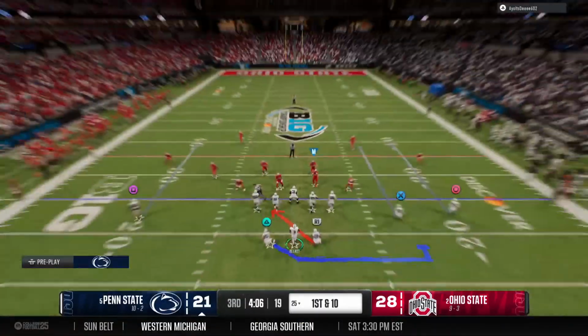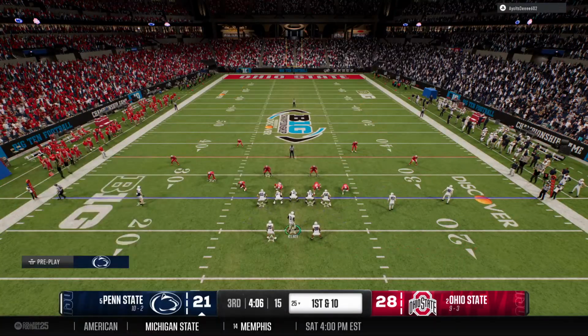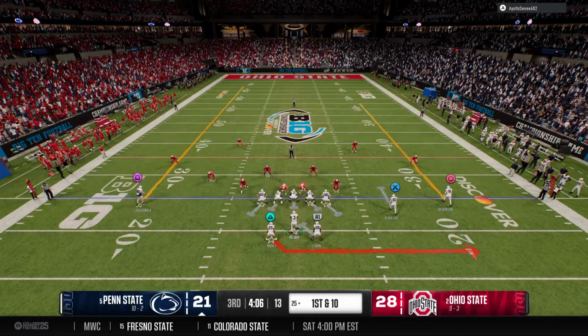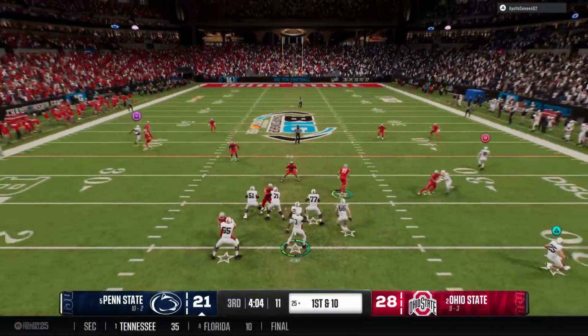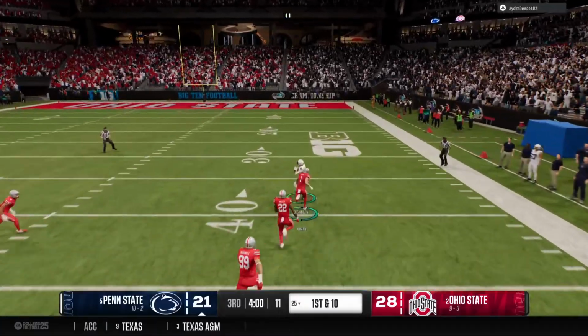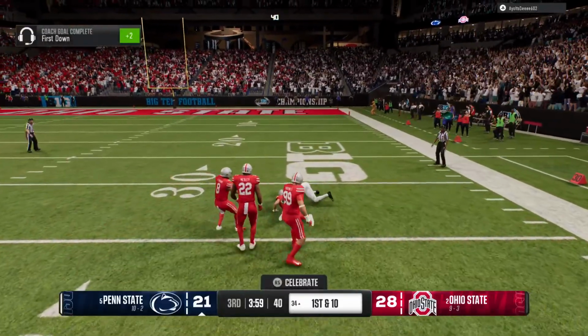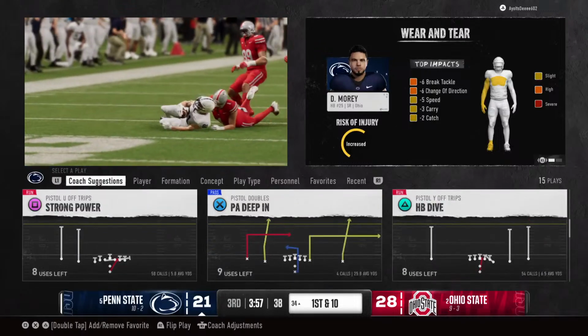And the Penn State offense is back out on the field. They punched it in the last possession. Can they do it again, or will this defense make some adjustments to get a stop? Looking to throw it on first down. Snags the quick throw. They bring him down, but not before an explosive play through the air.